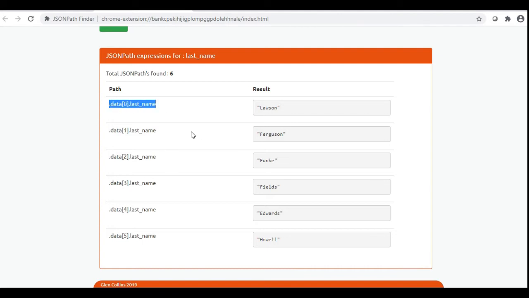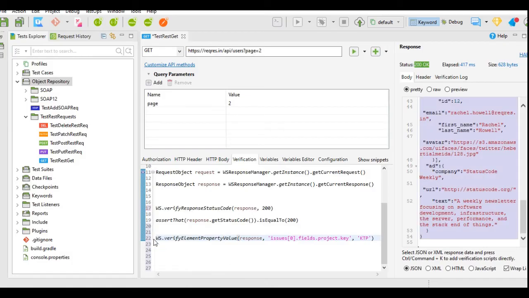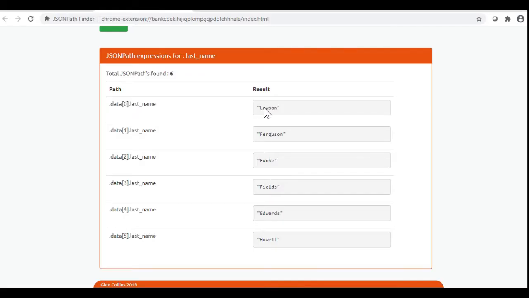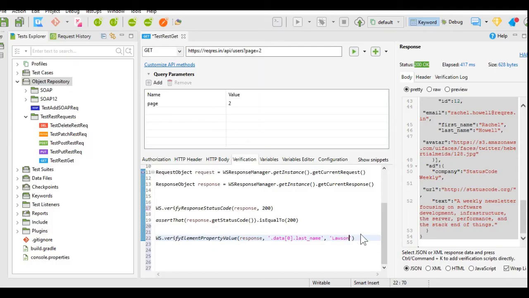So I will take this first JSON path and I will go to Katalon. I will paste this JSON path over here and I will change the expected value to the value Lawson, that is the actual value.